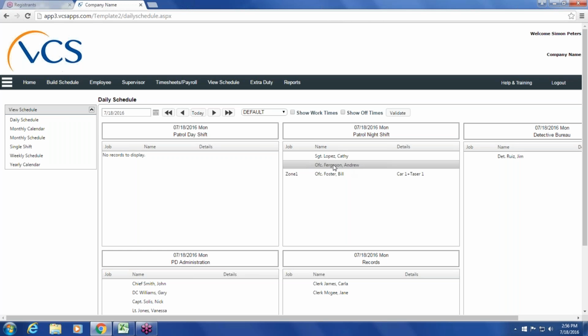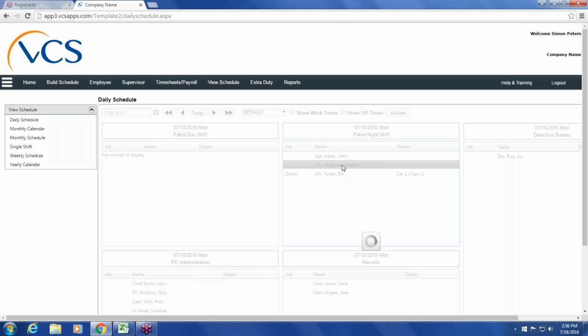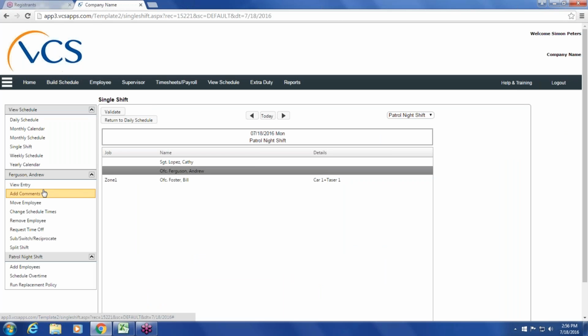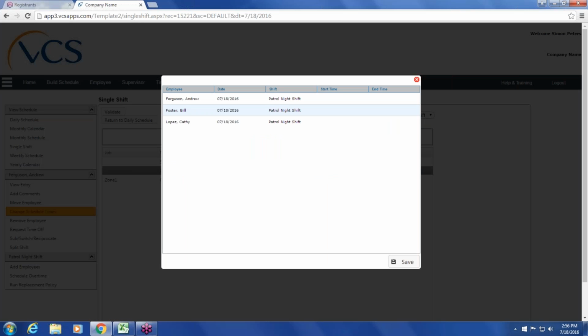So maybe I want to go in and adjust Andrew's hours just for today's night shift. I can click on his name, and I'll get an option here in the Schedule Actions menu to change schedule times. Okay, that's going to bring up this pop-up screen. It actually shows me everybody on the shift, and I can go in here where it says start time and end time, and I can adjust their start and end time. So maybe this is going to be